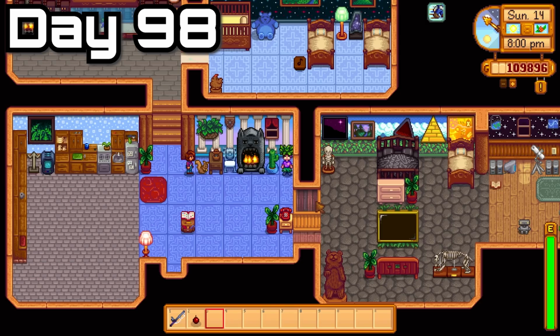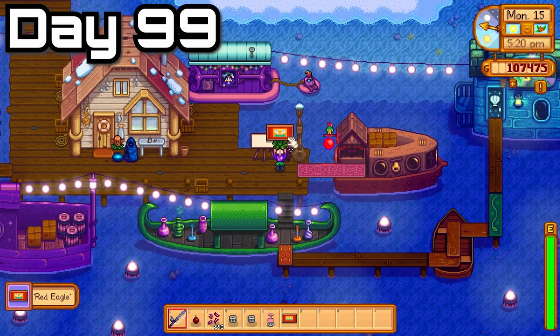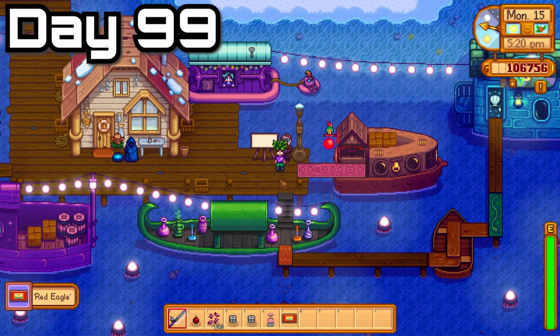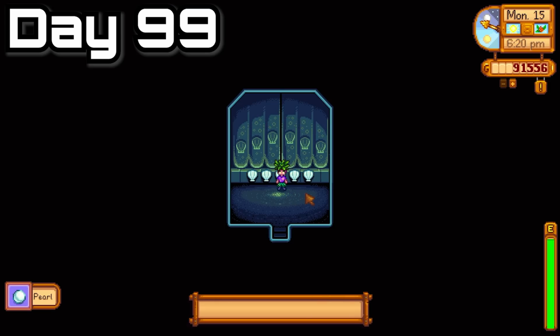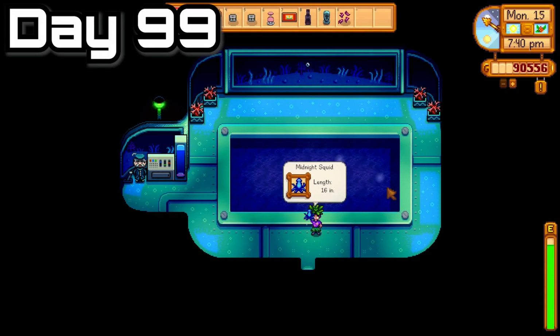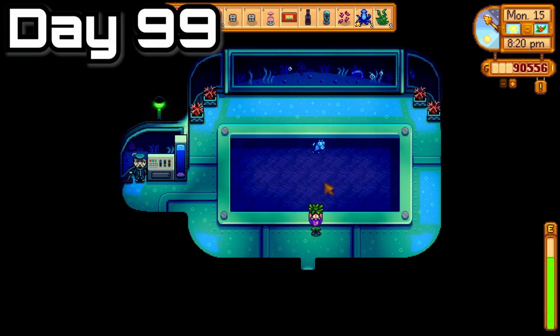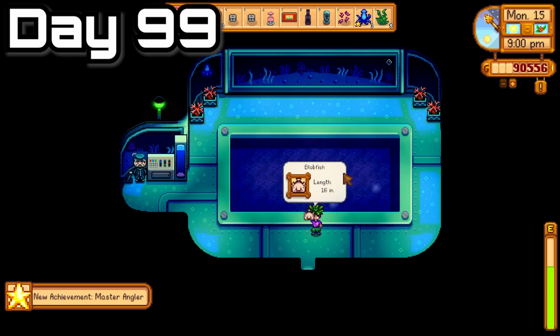Tell me what you think in the comments of the lovely collectible farmhouse. I think I did a good job putting all the collectibles in there, but we're not finished just yet because in day number 99 I get the Red Eagle painting from the famous painter. I also get a pearl from doing the mermaid game, but more importantly I fish up the midnight squid. I also fish up the spookfish, and last but certainly not least I fish up the blobfish, completing the master angler achievement,